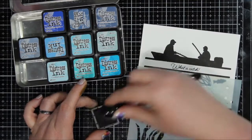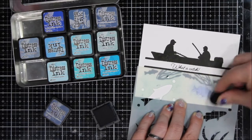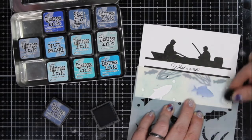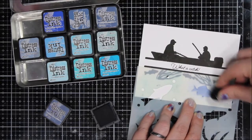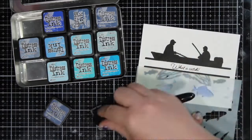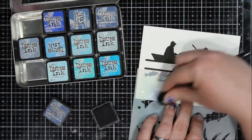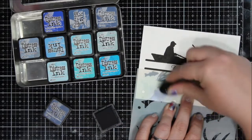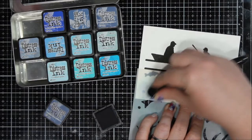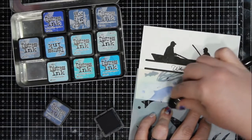So I took that same stencil that I used on the alcohol ink background, and I am going to add some fish to the water, and they're big. They're very big compared to the stamp, but I think it does work out fine. I am going to use a couple of different colors of distress ink to color my fish in and the bubbles. And I'm going to also shift the stencil and create kind of my own organic pattern with the fish